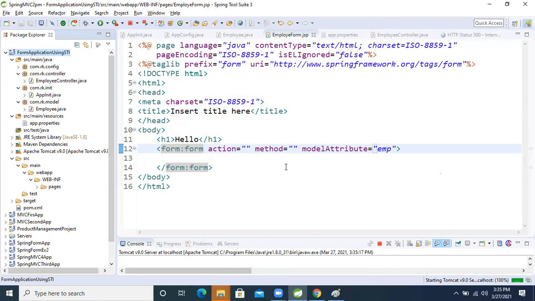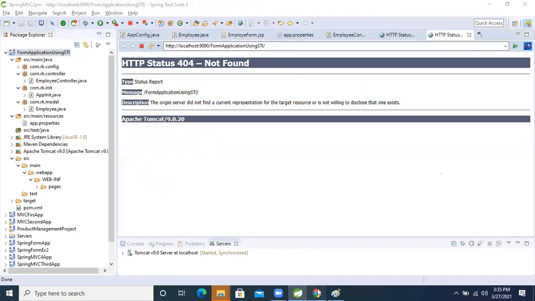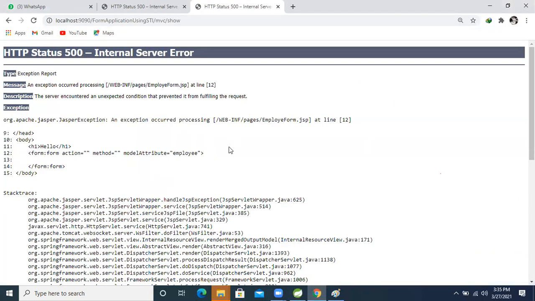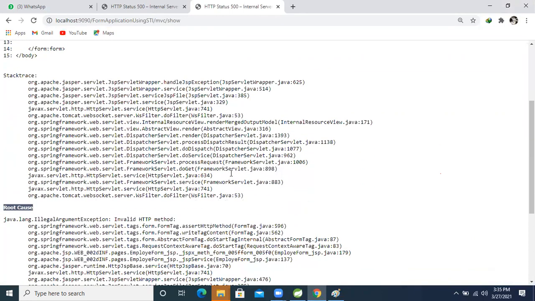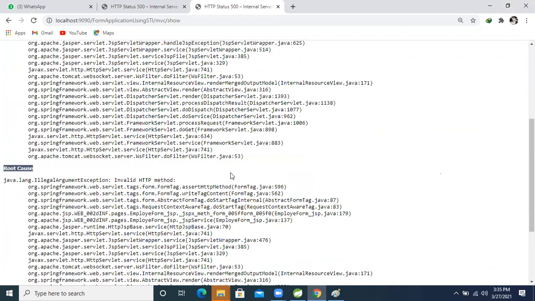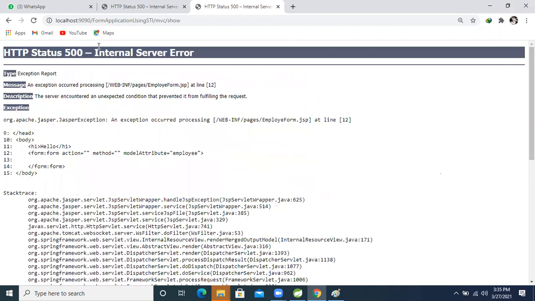I got the point. Okay? Don't worry. Parsing exception occurred. What is that? Servlet. Okay, no problem. I got the point. We got one experience, right?